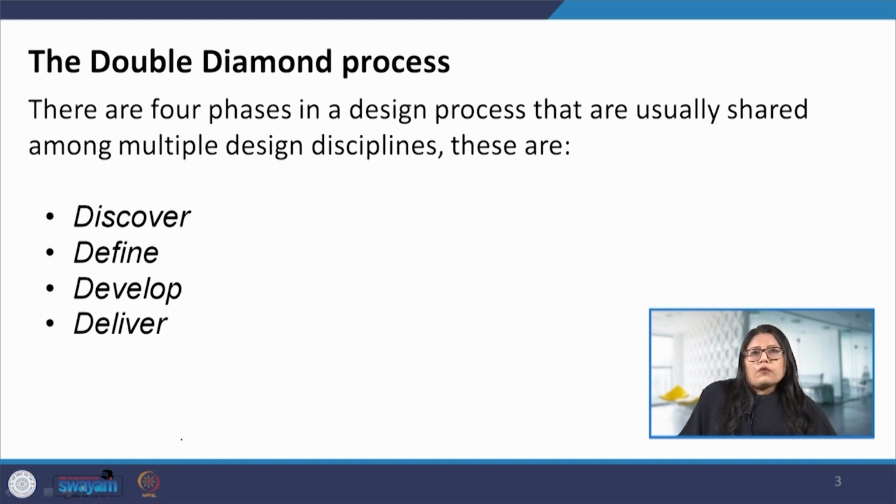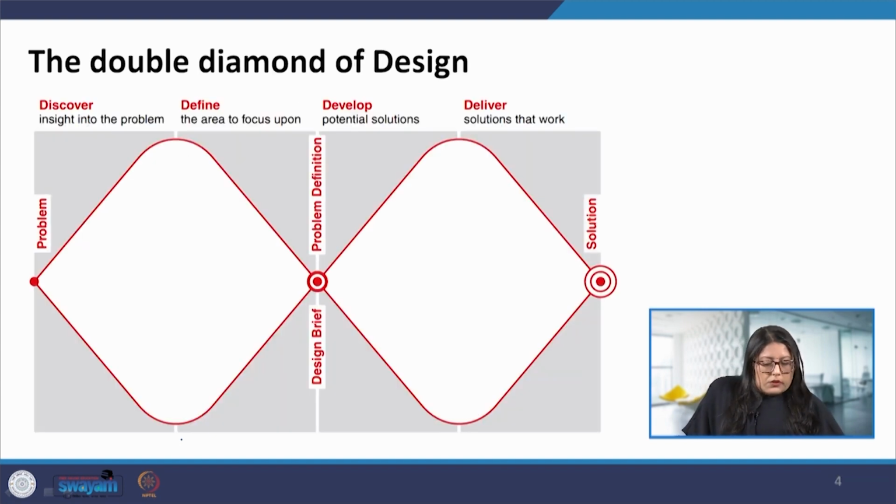So, there are 4 phases in the design process and the other domains of design like architecture design, industrial design, product design and many others, they follow a similar approach, although it may vary slightly depending on the problem and what is the solution we are trying to look at. So, these broad phases are discover, define, develop and deliver. So, the double diamond